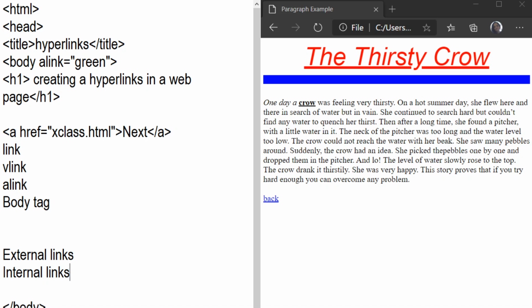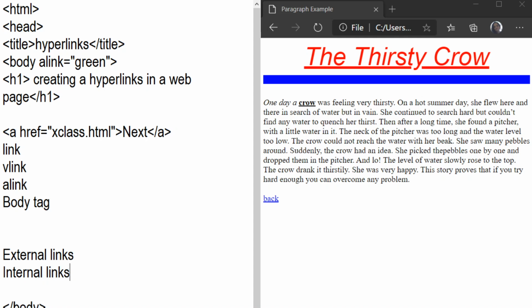What do you mean by the external link? An external link is one where one web page and another web page are stored at different locations.